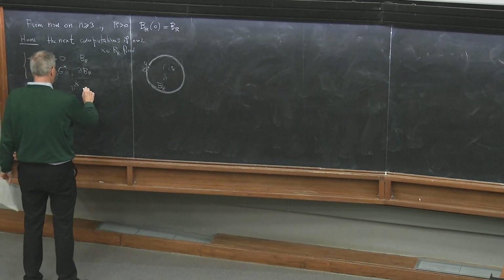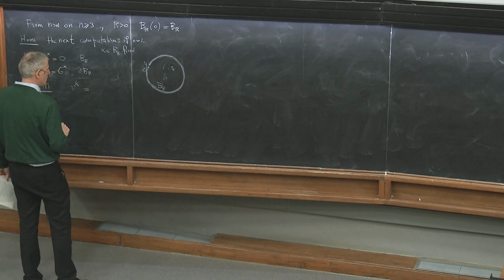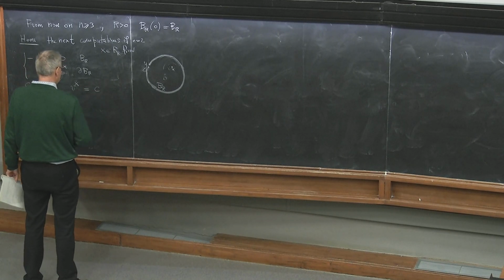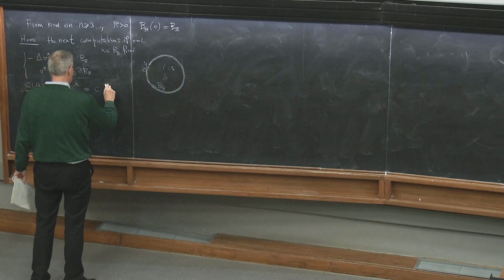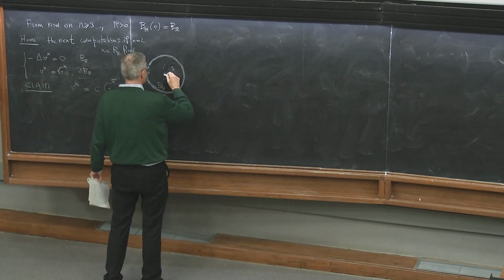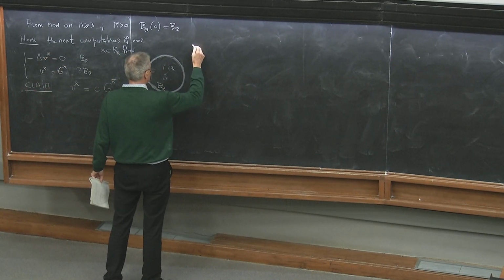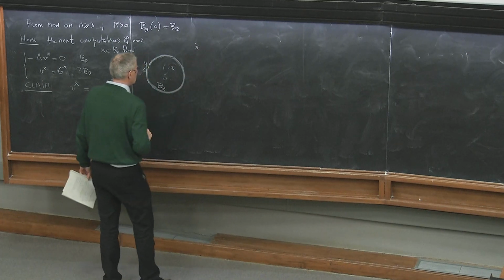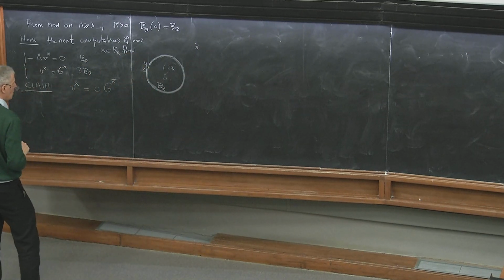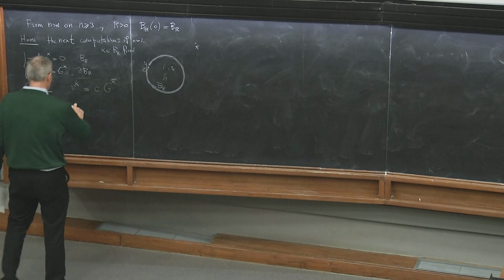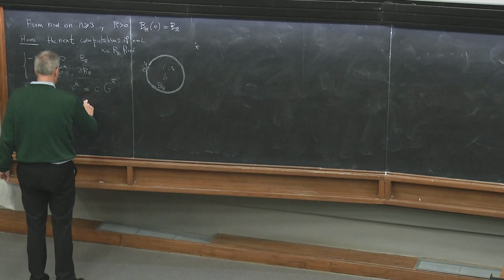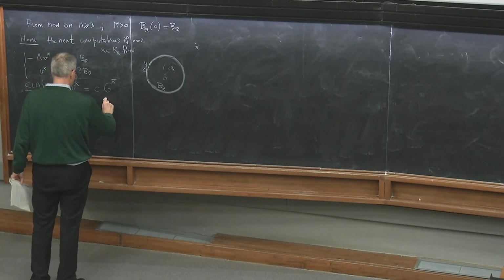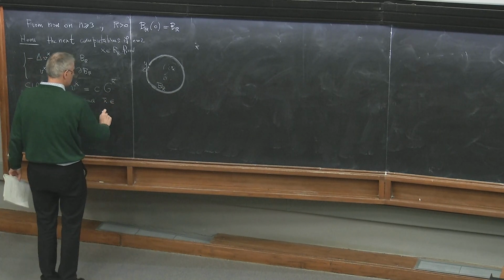Claim that actually Vx is something multiplying G, the fundamental solution at another point outside, another point somewhere, for some actually uniquely determined x bar out of the ball,